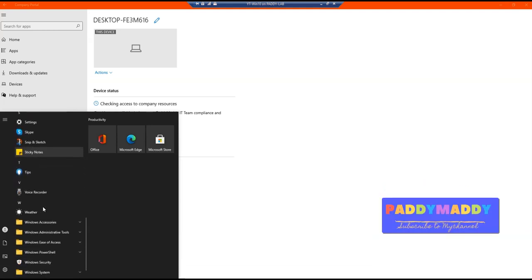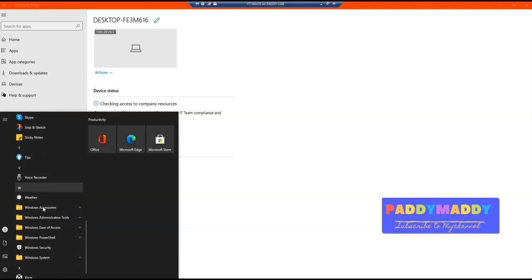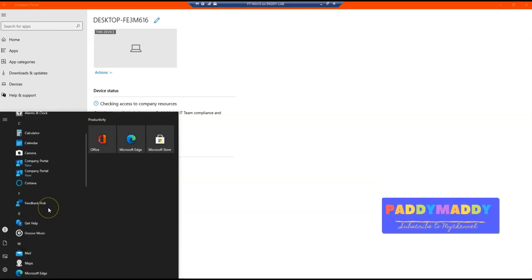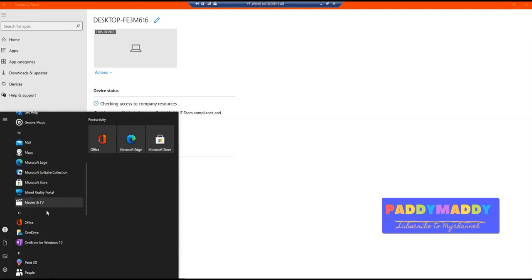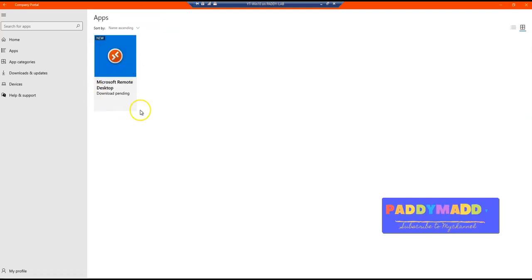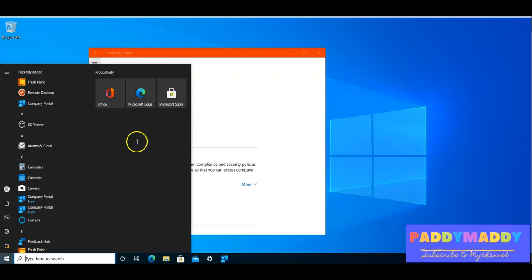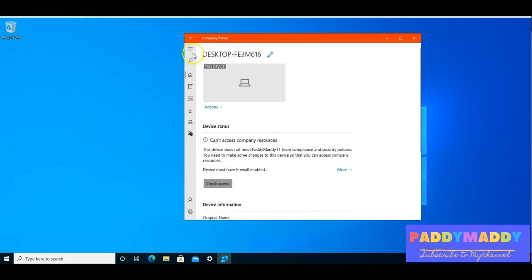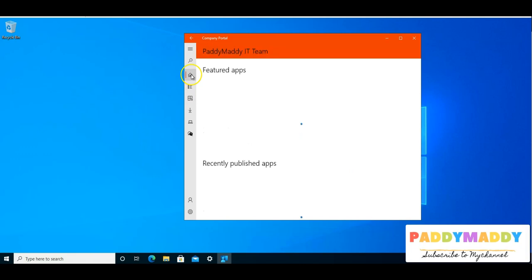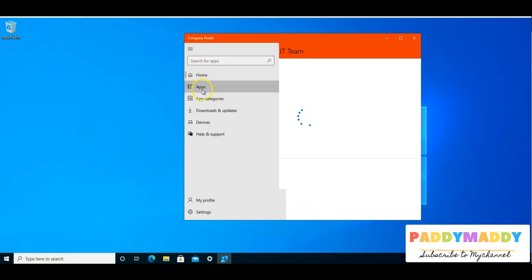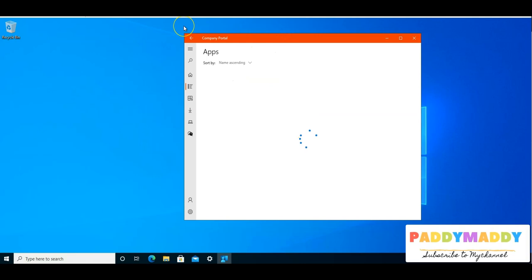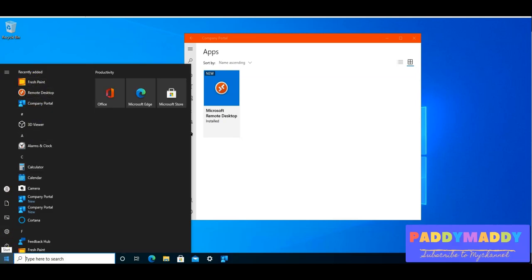I'm going to pause and I'll come back to the same screen so that you could see that the applications will be automatically installed and available on the start button in another few minutes. If you see here, download is pending, and later, after my pause and resume, I could see that 2 applications got installed. Everything here which is coming from my applications is showing as installed. So from the Company Portal application point of view, now here I have Fresh Paint